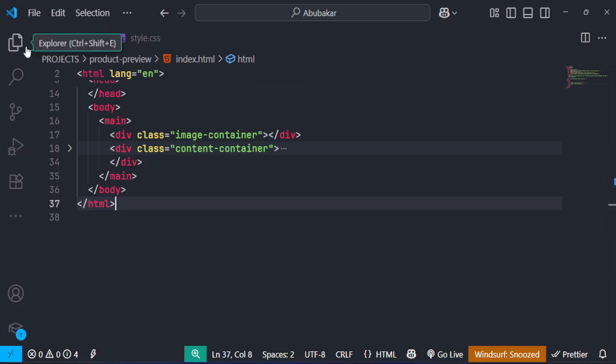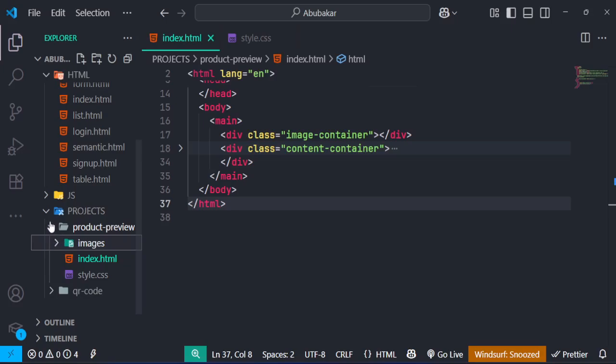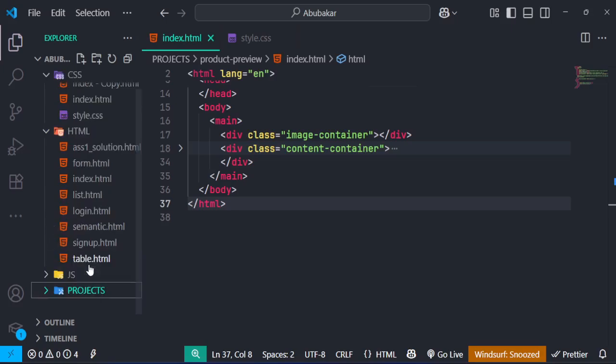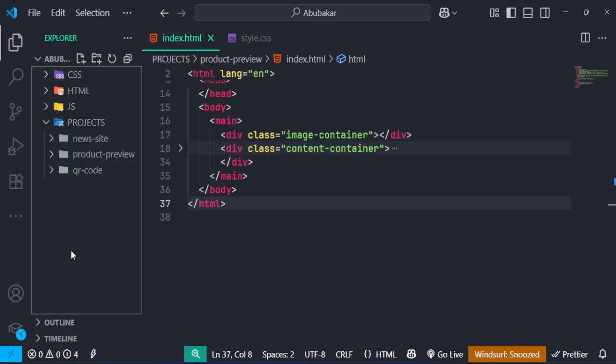So this is what we did last time. Let me close this, which is this product review. And under the projects, I'll be creating another folder here, which is going to be news site. So I'm going to be calling it news site. And let me close all this one so that it'll be easier for us to see what we are working on. And inside this news site, I'm going to create our basic file, which is going to be this